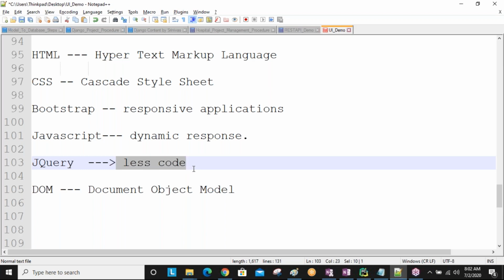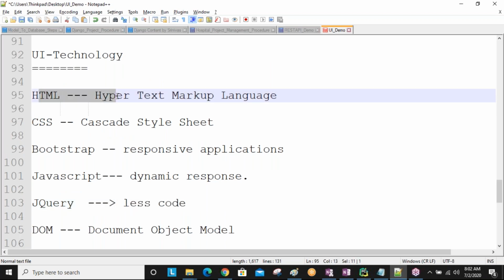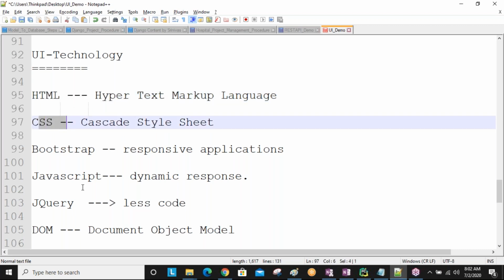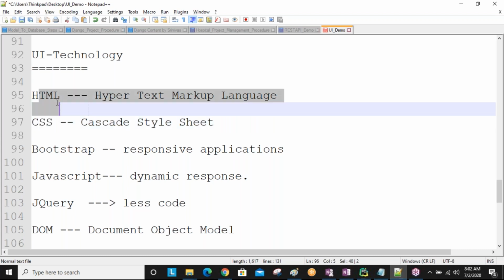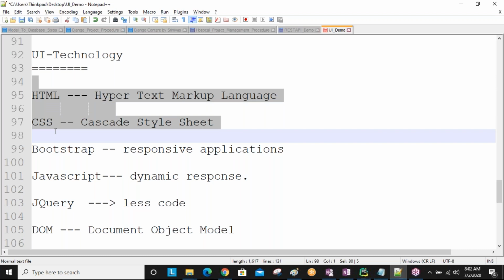Later we will discuss HTML more clearly with examples, a lot of concepts, and after that CSS, after that Bootstrap, one by one. For example, first 10 days we are discussing HTML. Later we will start CSS. That time we do projects with the HTML plus CSS combination.